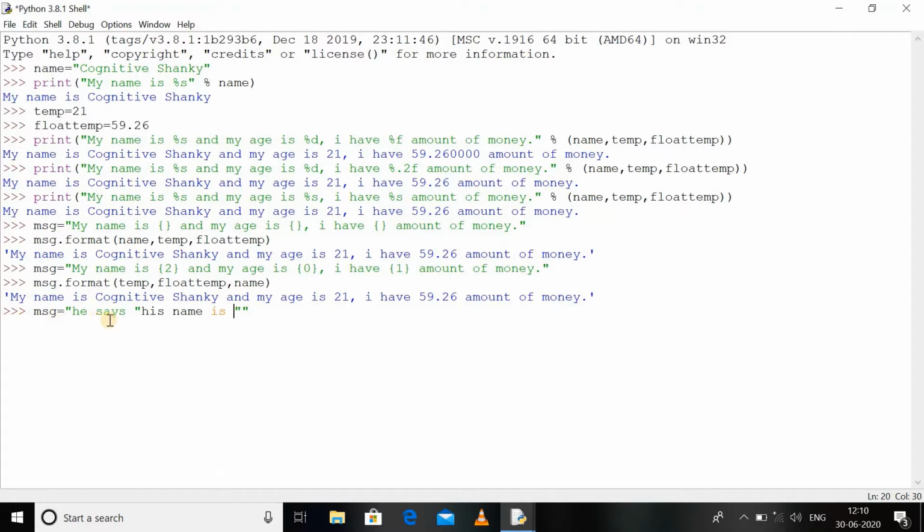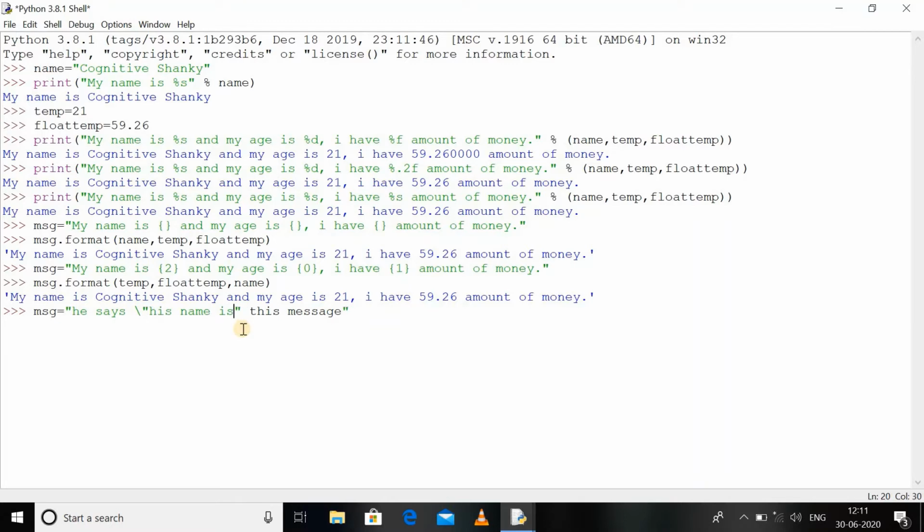Now as you can see, if I use the quote over here, then the interpreter will automatically end the string over here, and I will be prompted with an error for the his name is and the other quote. Now to avoid this problem, we will be using escape characters.